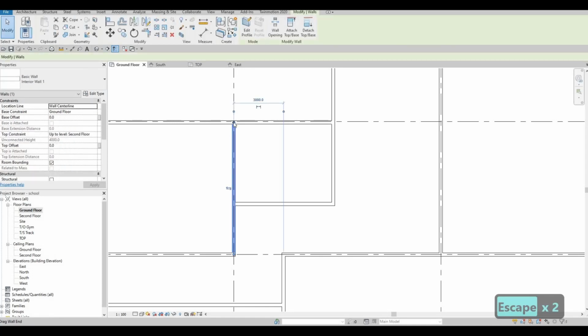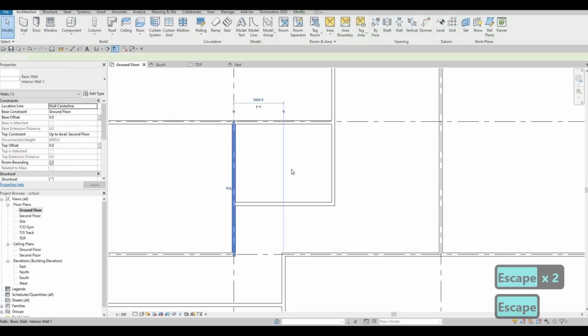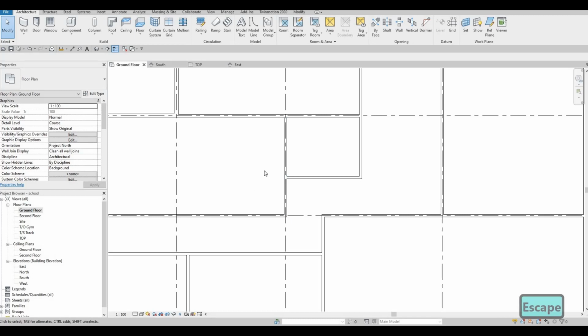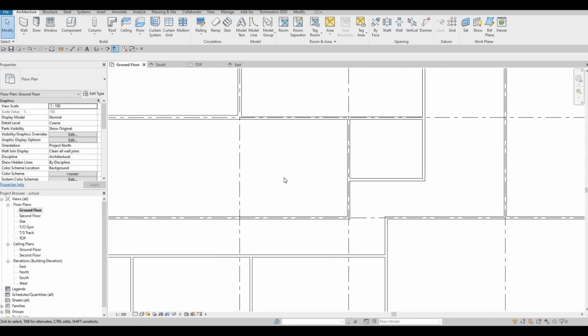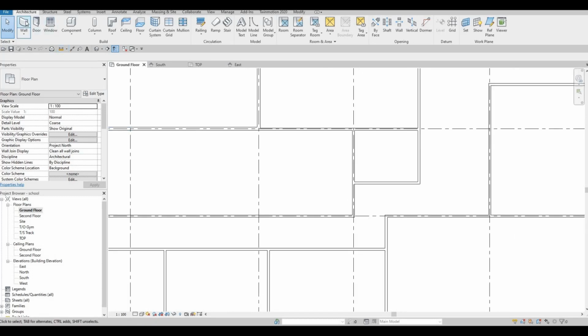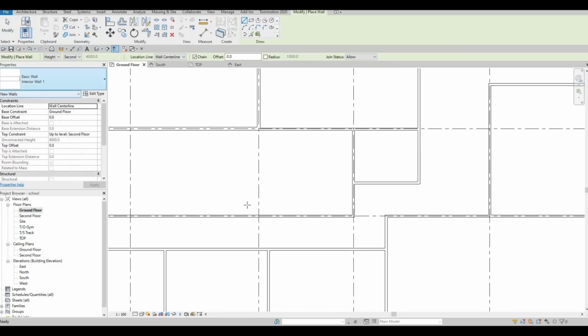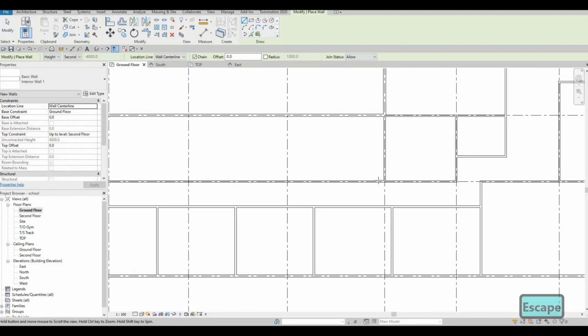And then this one, we could just leave this as a room itself. So click wall again, and then we're just gonna click it from there. So this is another room,